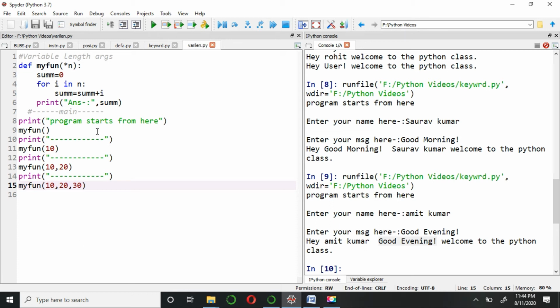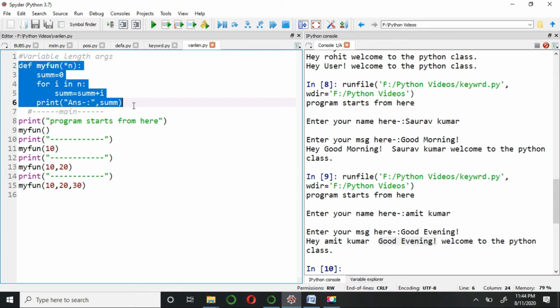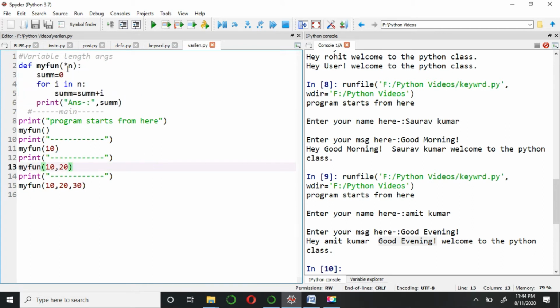So if we notice this program, there is one function given. I have written this function, my fun. I'm using an asterisk there, and then I have written one variable n, sum has a value 0, and then I have written a for loop, for i in n.